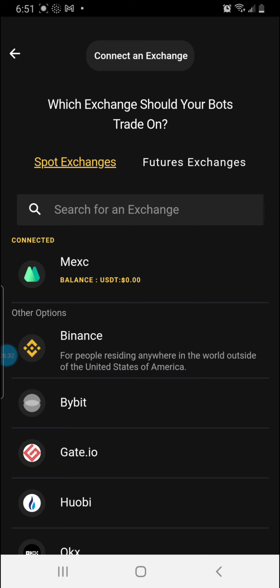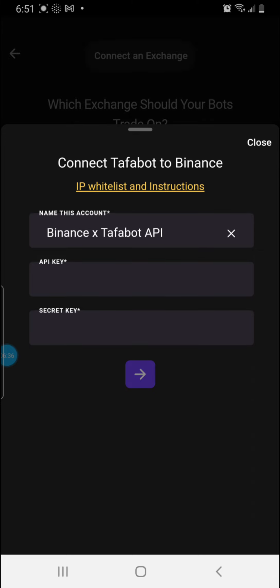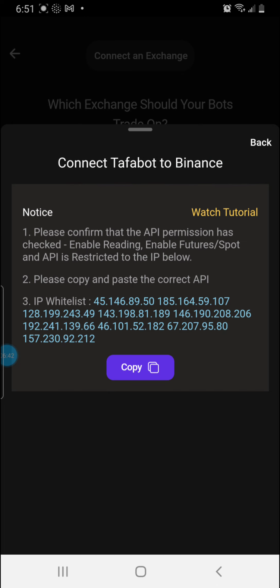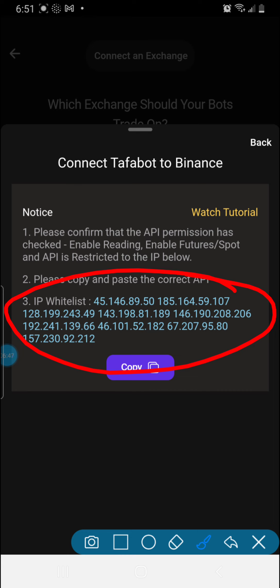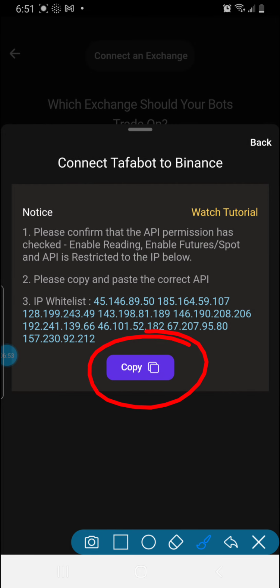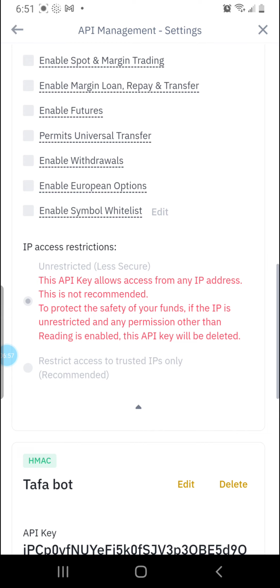So how do I connect it back? All I need to do is click Binance itself and I come here, select my whitelist. I click this whitelist up here and we are good. I pick this IP whitelist, I copy, I click copy. It's as simple as just clicking copy, and then I come back to my API, come here and select